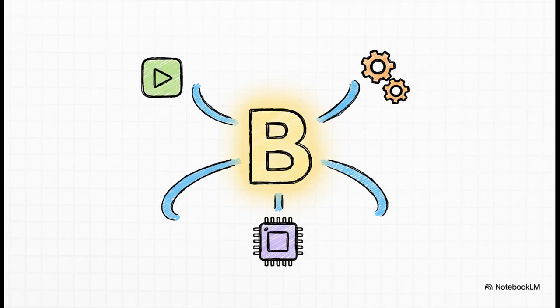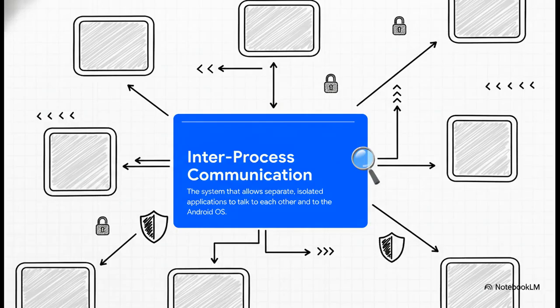You can think of it as the essential secret messenger that connects every single part of the Android world. We're talking everything from your apps to the system services and even the hardware itself. Now, to really get what Binder does, we first need to understand a concept called inter-process communication, or IPC. See, for your phone to be secure, every single app runs in its own process, totally walled off from every other app. IPC is just the rulebook, the set of mechanisms that lets these isolated processes talk to each other